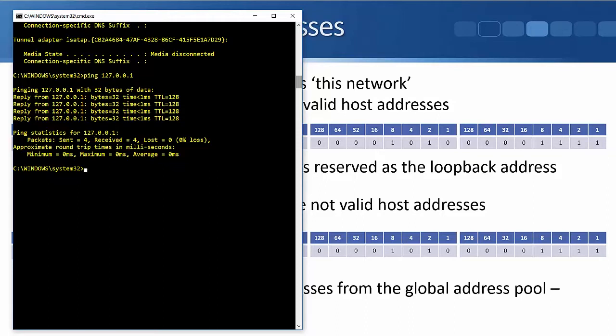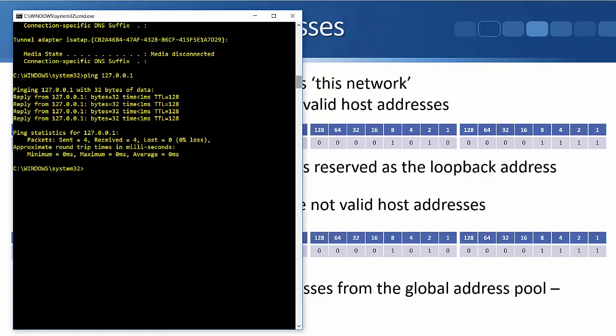If you wanted to check, say that you're in New York and you want to check that you've got connectivity to a server in Boston, you could ping that server. There's not much point in pinging the server in Boston if you can't get to your local default gateway router in New York. So you would ping that first. And also, there's not much point in pinging the local router if TCP/IP isn't even working on your laptop. So the way that you verify that TCP/IP is up and running on your laptop is by pinging the loopback, and we can ping